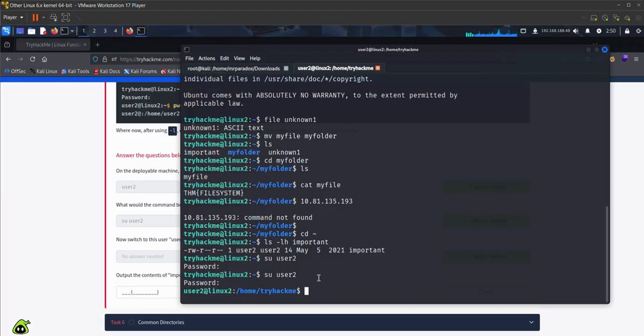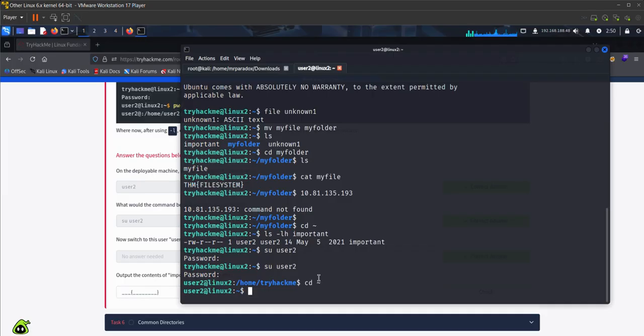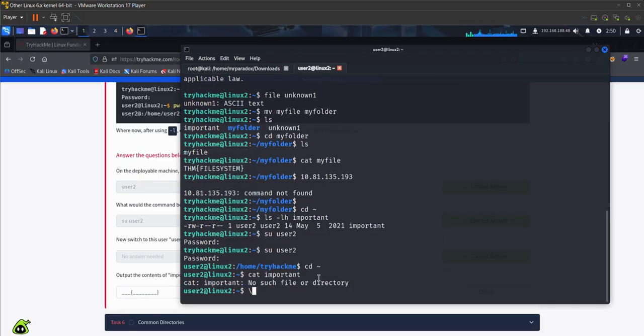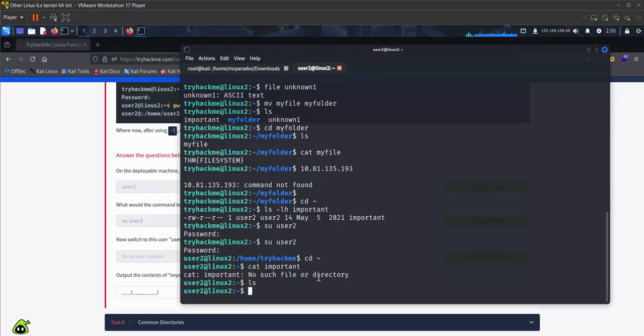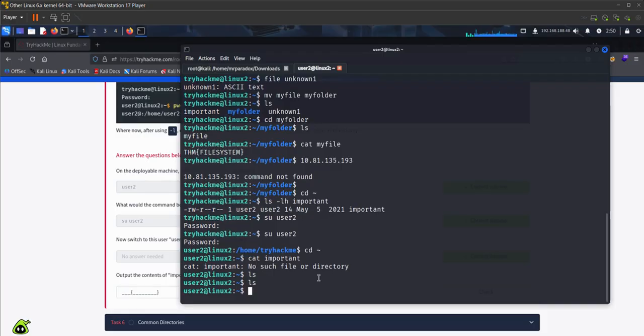Sorry guys. cd to the root directory and cat important. ls. Okay, find important.